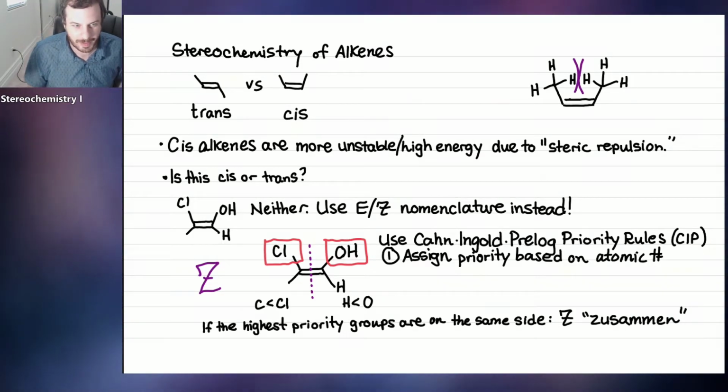And you know how I remember this? It's kind of stupid. The bigger groups are on the same side. That's kind of my German accent. So the bigger groups are on the same side. That would be Z. If the higher priority groups are on the opposite sides,